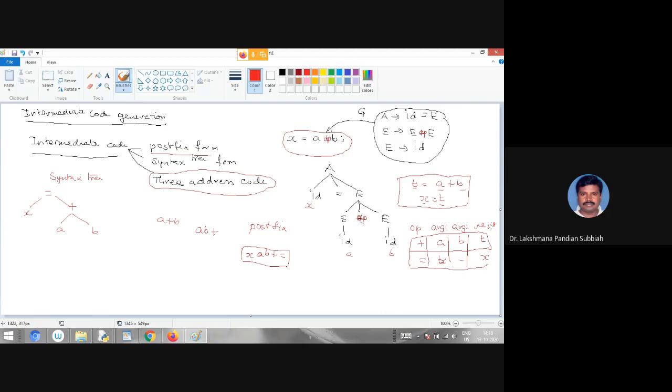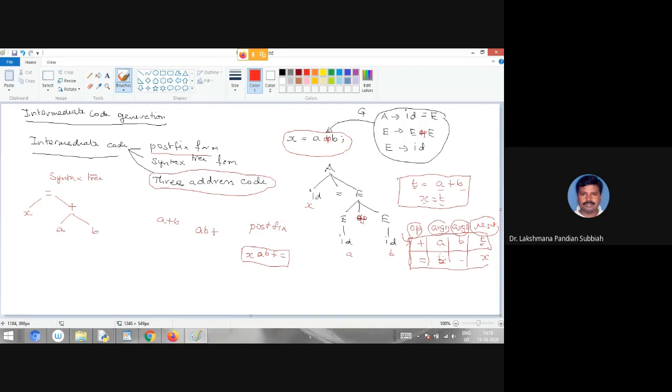So each statement is considered as a four field record. Field 1 is operator, field 2 is argument 1, field 3 is argument 2, and field 4 is result. So a, b, plus, and the result is stored in a temporary variable.